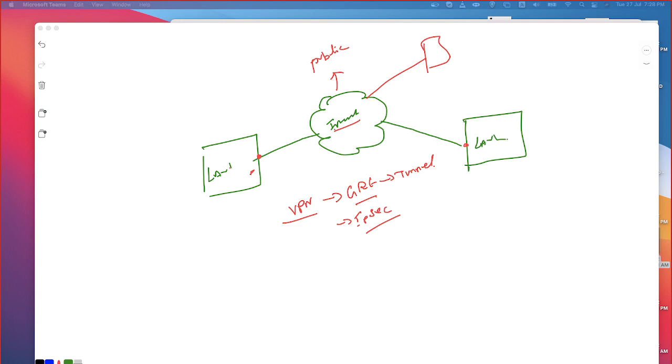On the contrary, we also have the provider who could be involved in managing this kind of VPNs, and most probably we will have something called MPLS VPN. When it comes to MPLS VPN, the complete involvement with respect to provisioning any site and every site is going to be happening only through the help of the provider.